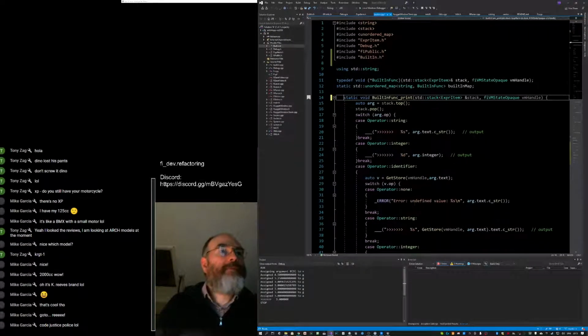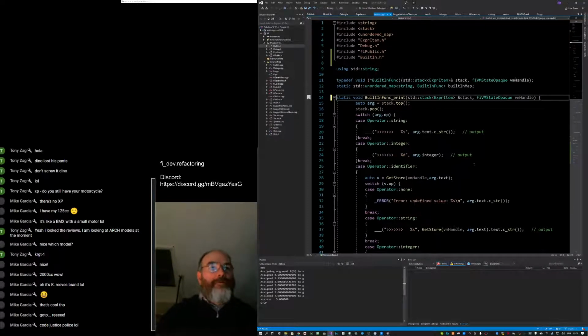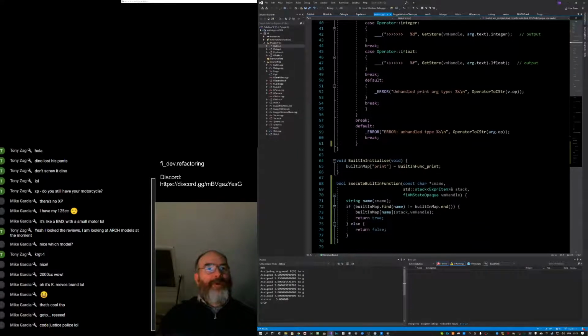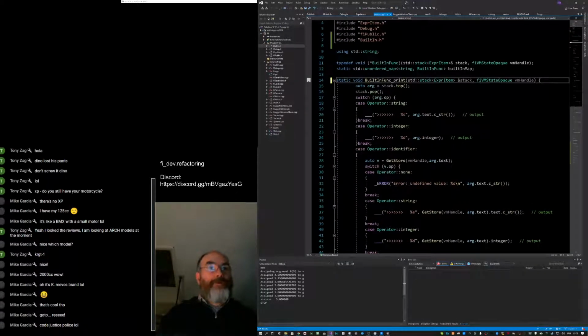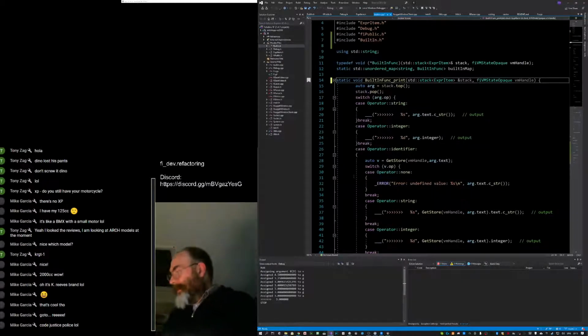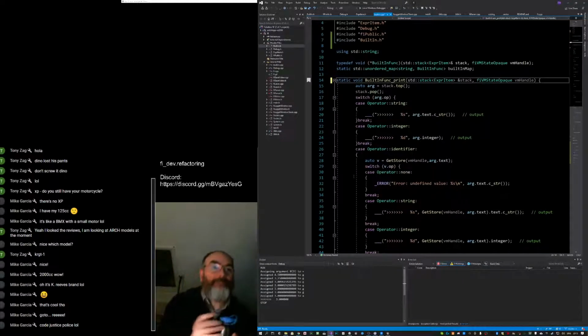So I've implemented all of that. Well, I've copied that over. The whole point of this was to be able to add a new function that's an internal function, because if I'm going to talk to the network viewer, or network graphics terminal, I'm going to need some built-in functions for that. So the first one I'm going to do is